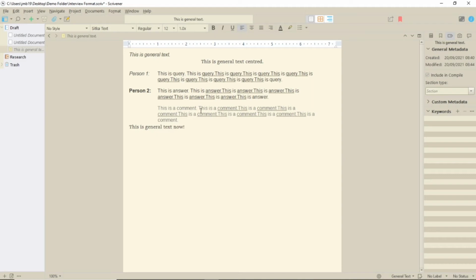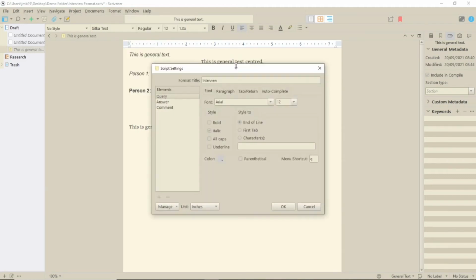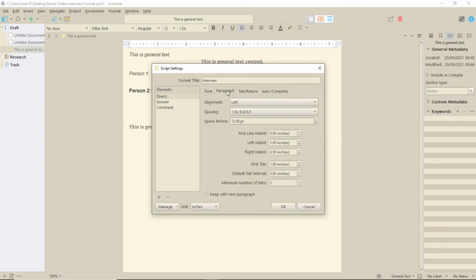If we go into the script settings, you'll see that everything is set to Arial, which you can obviously change if you don't like it. The other thing you might need to change is the indent level, if, for example, you are using longer names. Remember, you'll have to do these things separately for each element. Changing the indent is not straightforward. You need to change left indent and first tab on the paragraph page to the same amount, or you'll get a tab before the indent that screws up everything with the indent. You do need that tab or the formatting doesn't work properly.